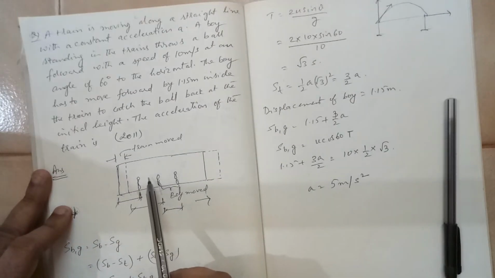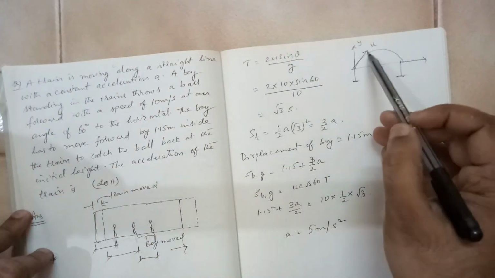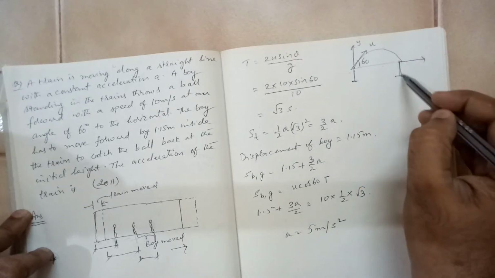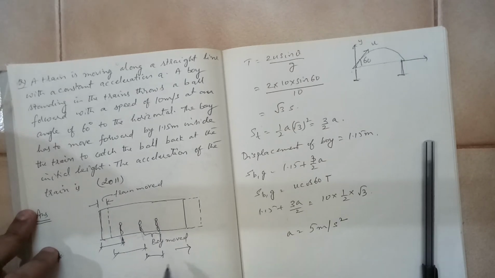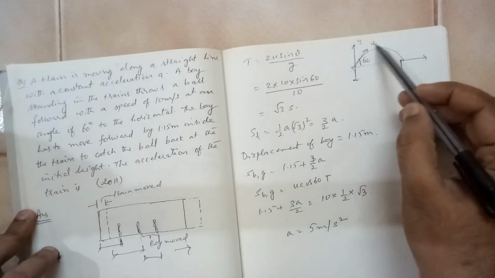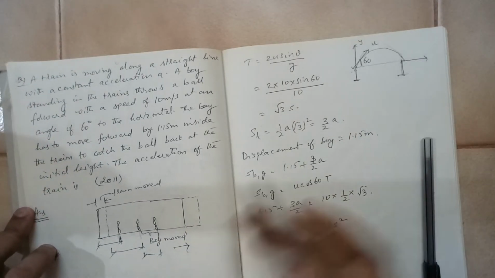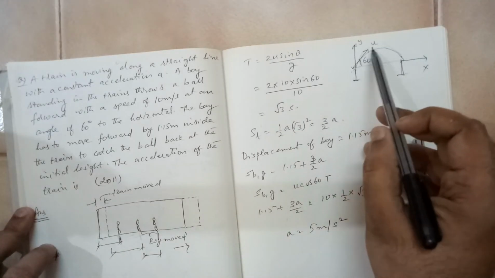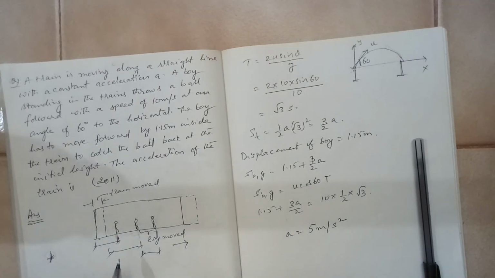This is inside the train. And one more condition is given, that the boy has thrown a ball like this, a projectile motion making an angle of 60 degrees, and he catches the ball at the same height. Let us say the boy is some 5 or 6 feet tall. If he is catching the ball at the same height, it means it has completed the projectile motion, isn't it? Let us say this is the x-axis and this is the y-axis. So when he has completed that, what is the time? The time is the total time of flight.